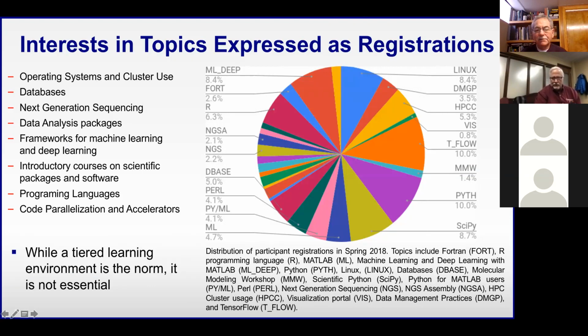The three that pop out immediately for core skills are Linux, Python, SciPy, and R, which come out as basic tool skills people are interested in. In terms of approaches and technologies, we also have significant interest in machine learning, things like TensorFlow, and using platforms like MATLAB and NVIDIA CUDA training as a way to learn about those approaches.